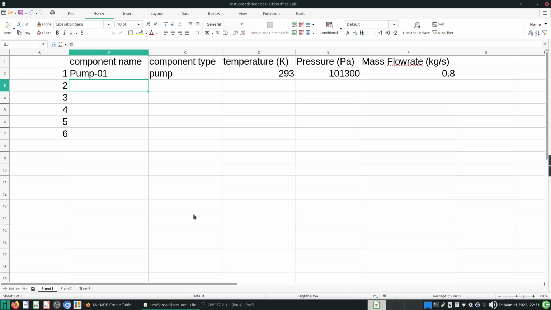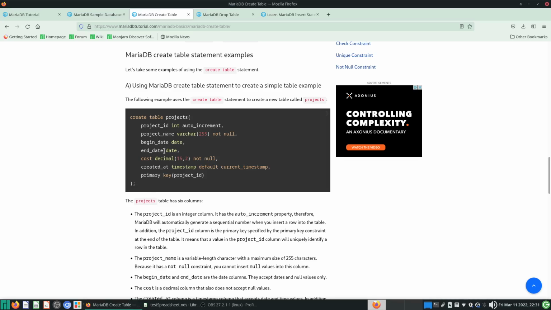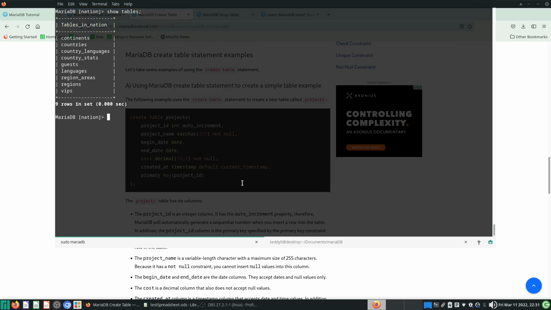And the way we need to do that is to start making tables. So we create tables like this. Remember, we actually store tables under databases, so we need to make a database first, and then we make a table. So how do we make the table or database? We are in MariaDB now. We were on the nation database in the last video, but we'll make a new database from scratch. So create database, maybe you call it chemical engineering